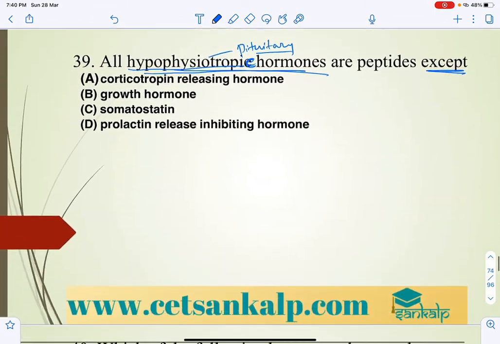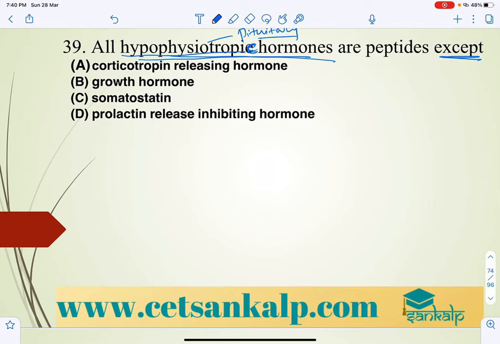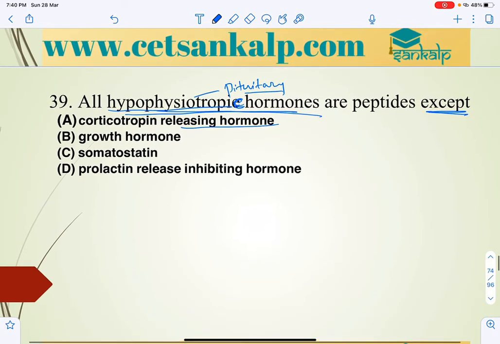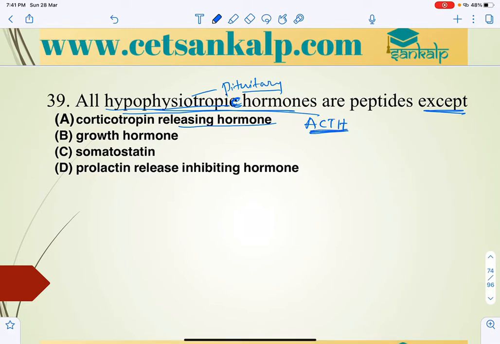So here we can say corticotrophic releasing hormone is a peptide hormone, and ACTH, adrenocorticotrophic hormone, acts on, and is produced by, the pituitary, while the releasing hormones come from the hypothalamus, which are peptides. Growth hormone is also a peptide. Somatostatin is also a peptide hormone, whereas prolactin release inhibiting hormone...